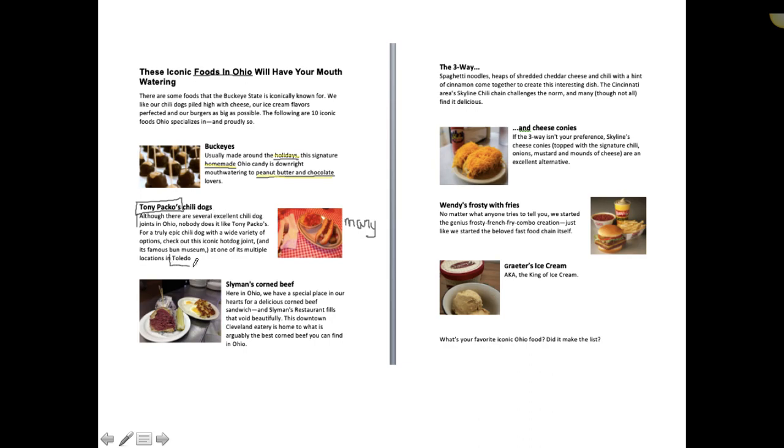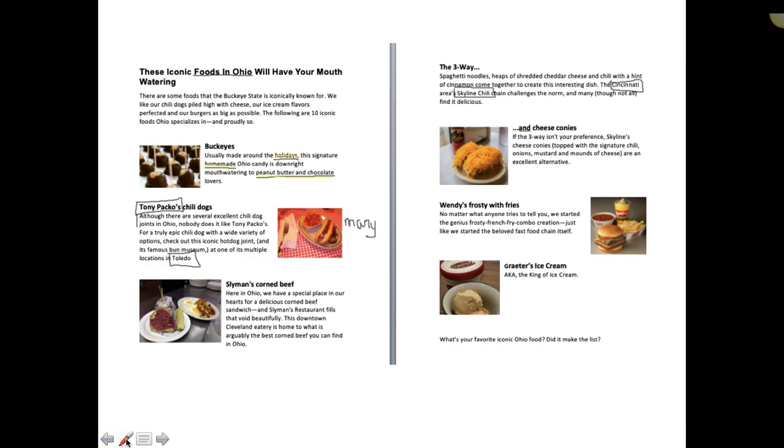And Toledo is the name of the city. And here is another example. Cincinnati is the name of a city, and Skyline Chili is the name of the restaurant. Notice how easy it is to find the detail after you draw a square